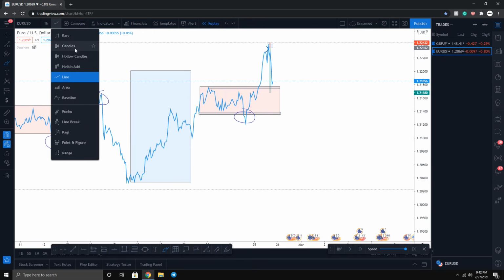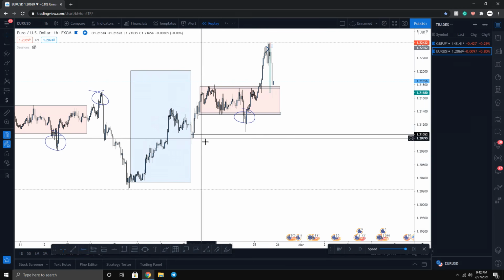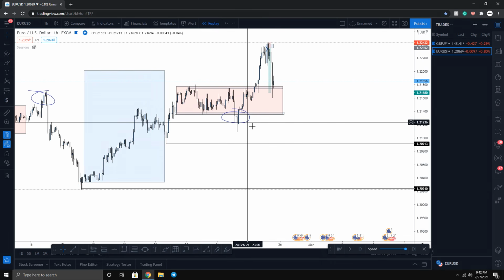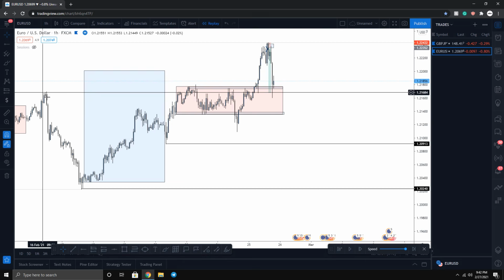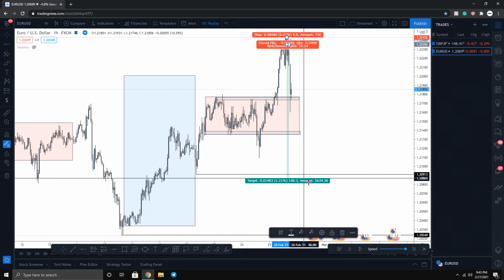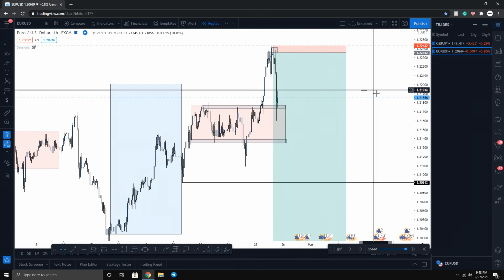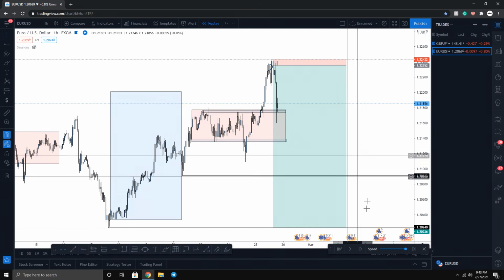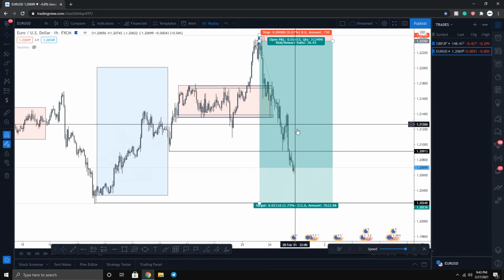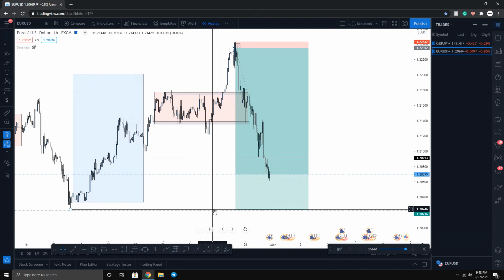Now where can the market go? The market can either go to test this level right over here, specifically because this looks like a weekly swing point, or it can go to this weekly low right over here. If you're someone who likes to hold trades for the long term, you can definitely hold this all the way down here. Depends on how you like to hold trades. Me personally, I would have just held it up to where I showed you before, but this would have been a 26-to-1 risk to reward ratio. And just looking at how bearish the market really was, you can see it obliterated this take profit. From here, the market just continued going down, and we're most likely to make a run all the way down here.